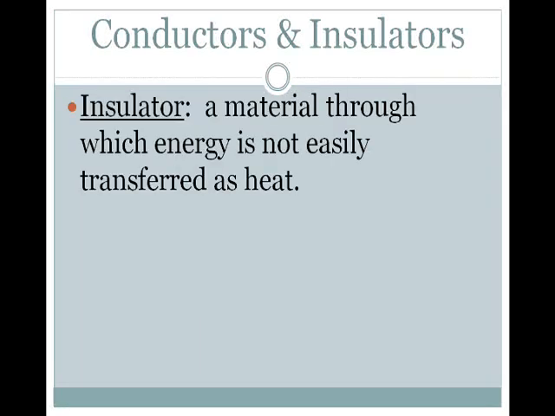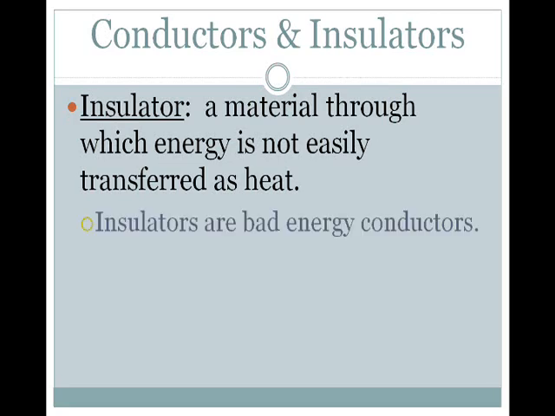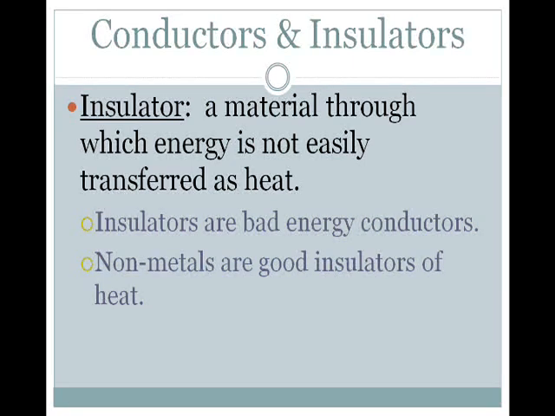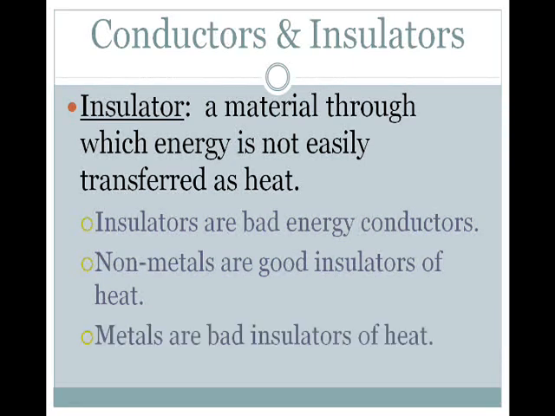Now, an insulator is a material through which energy is not easily transferred as heat, which would be like the plastic on the outside of the electric cord. Insulators are bad energy conductors. They do not conduct energy well. Nonmetals are good insulators of heat. And metals are bad insulators of heat. So metal will transfer heat easily, but it doesn't keep it there. Insulators, we use insulated cups for coffee and things like that so they stay hot. Or we use insulated cups for even cool drinks in the summertime so they'll stay cool. It helps to keep the temperature more constant and more consistent. All right,